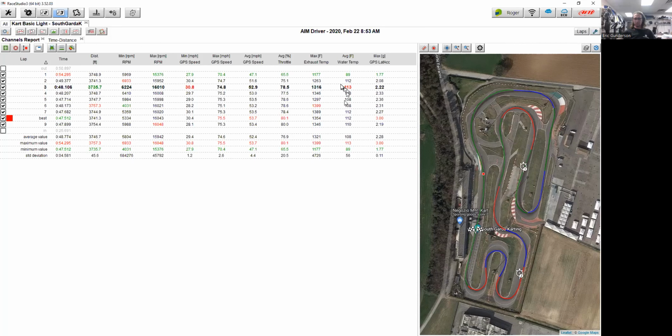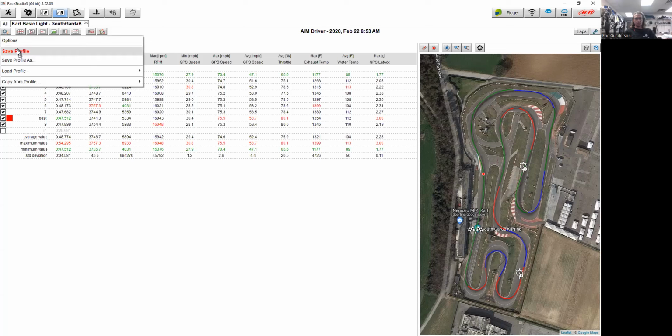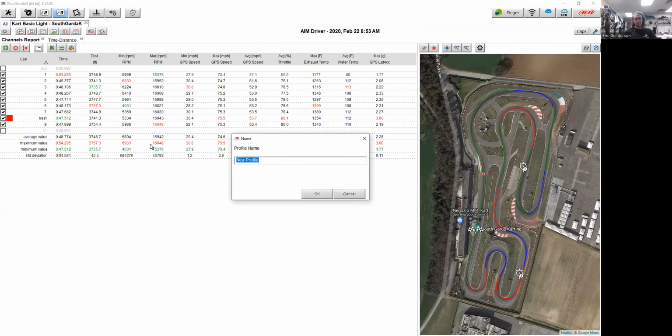And once you set this up, now that I've added that, and I'm going to get to your internet-based question, Wi-Fi-based question here in just a quick second, I've made a change. What the best thing for you to do is to come over in this little button, this little cogged wheel that's a little icon up here. We've just got a few more minutes, but if I click on that, I can save a profile. I can save a profile as, give it a name, and then save it underneath that one, which I'm going to do here. Save profile as, and I'm going to call that Point Karting,